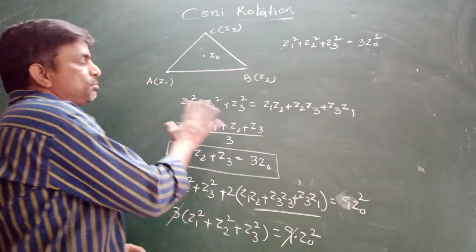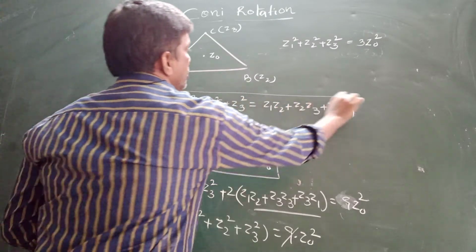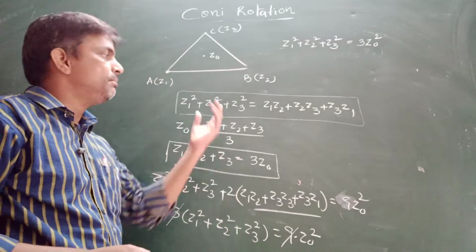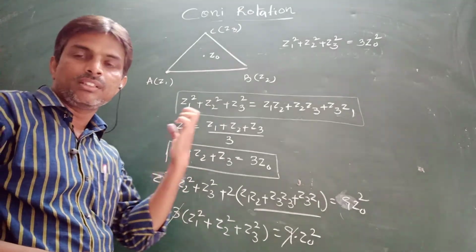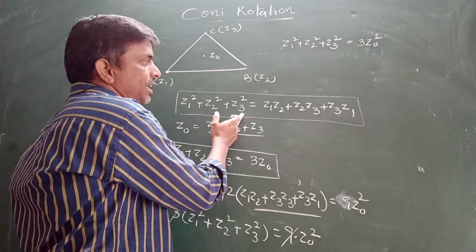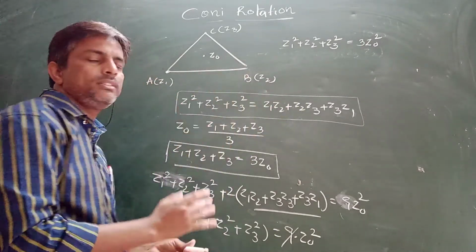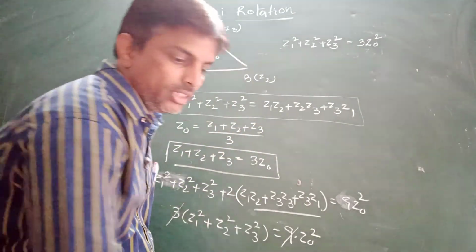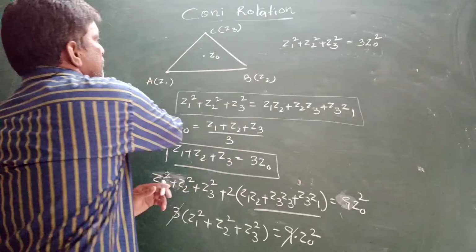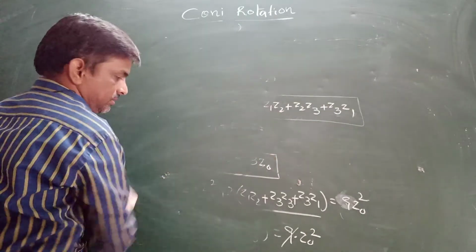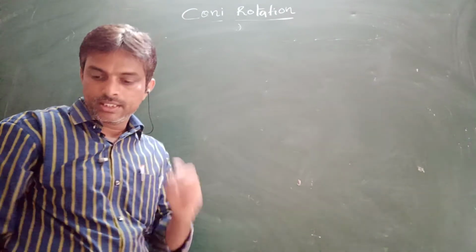Okay. So in this proof I am using this information already. I have explained about this result. It's a very important result. Whenever Z1, Z2, Z3 are the vertices of an equilateral triangle, I can utilize Z1 square plus Z2 square plus Z3 square is equal to Z1 Z2 plus Z2 Z3 plus Z3 Z1. Okay. Now I got it. Now let's move to the other question.